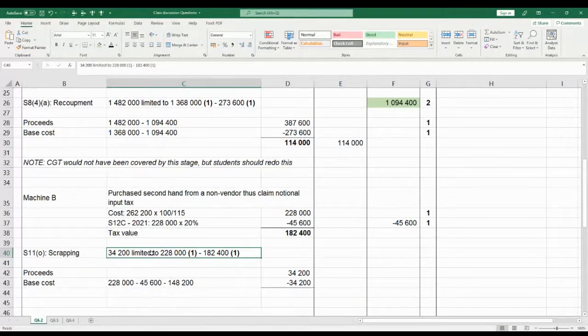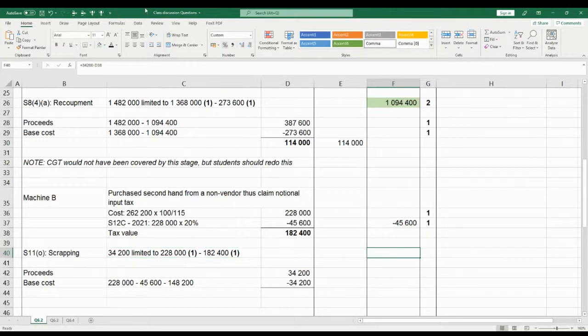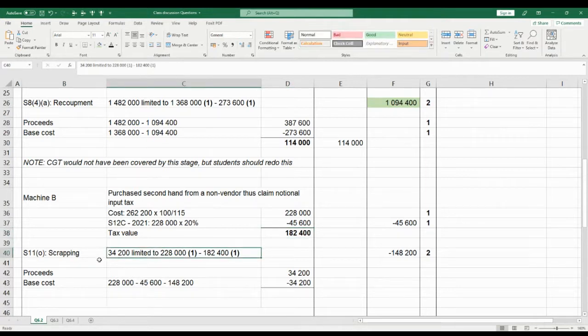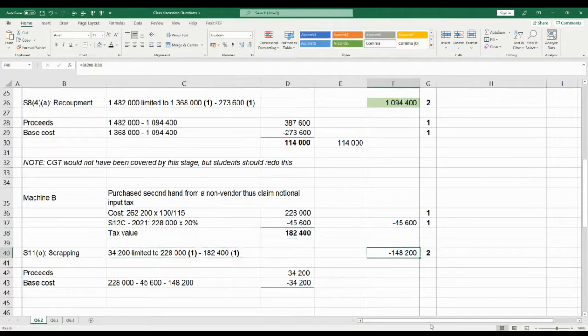So we will use the 32,400 when we work out the scrapping allowance. So we received 34,200 and we deduct the 182,400 to work out the additional deductions. So the difference between our tax value and what we received was the 34,200 we can get as an additional deduction. Now from a capital